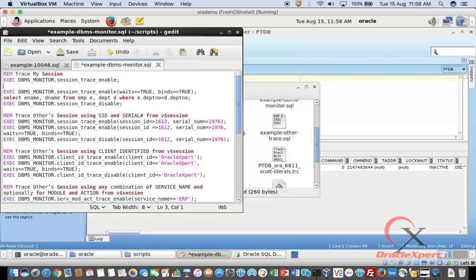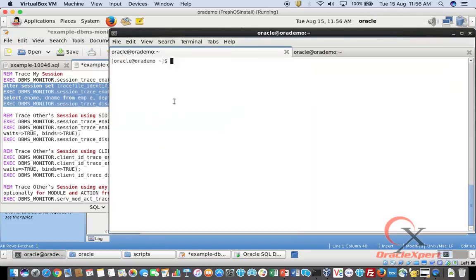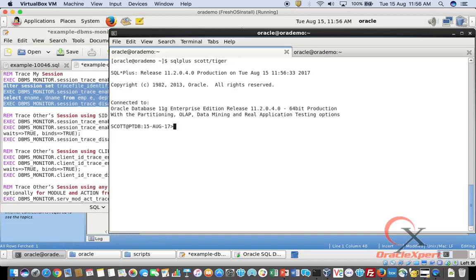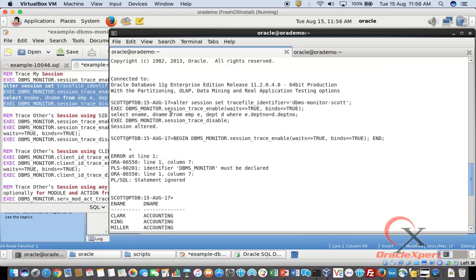Just in case you want, you can copy this line also to set your own trace file identifier for the session. And this time I will call it DBMS_MONITOR. And once I am ready, I would enable it. I'm logging in as Scott Tiger here,